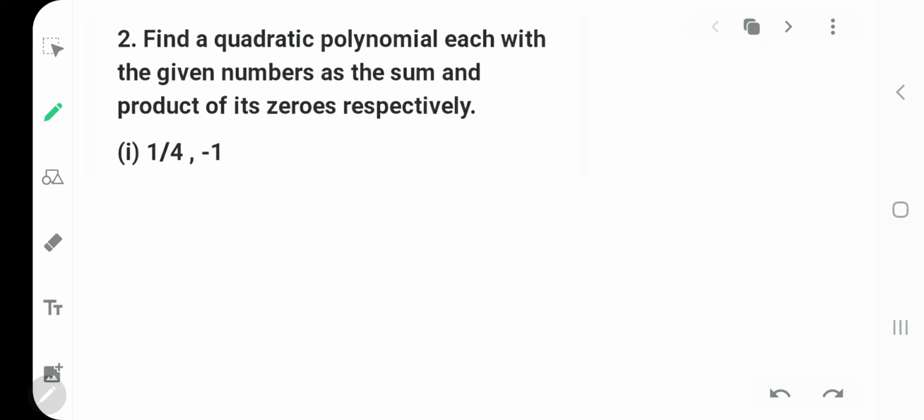Good morning, dear kids. I'm taking you to exercise 2.2, problem number 2. In problem number 1, you have seen that you found the zeros of a quadratic polynomial or a quadratic equation. आप zeros find कर रहे थे, मतलब आप x find कर रहे थे. Getting my point? And then we learned about the formula about product of zeros and sum of zeros also.